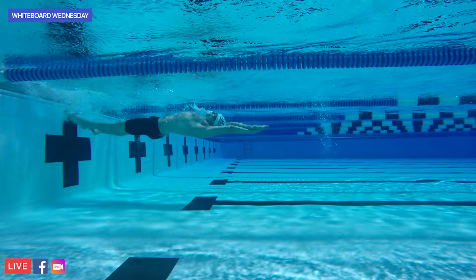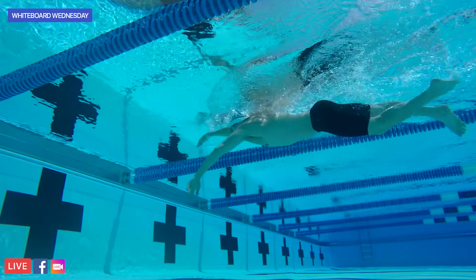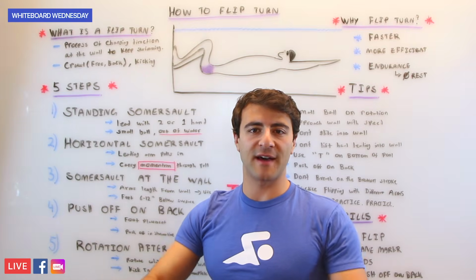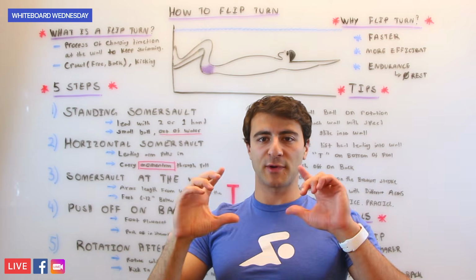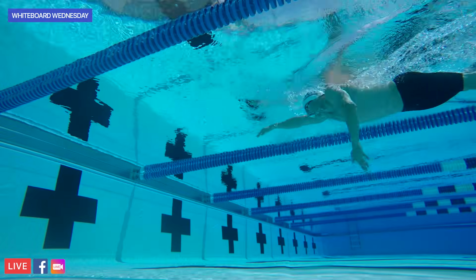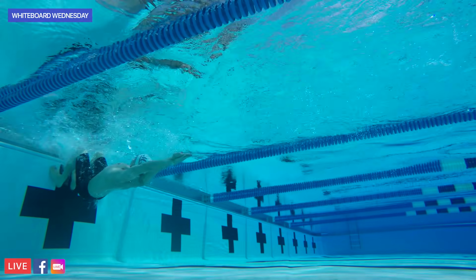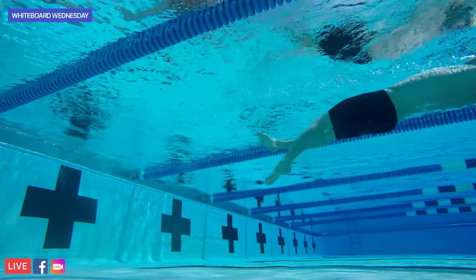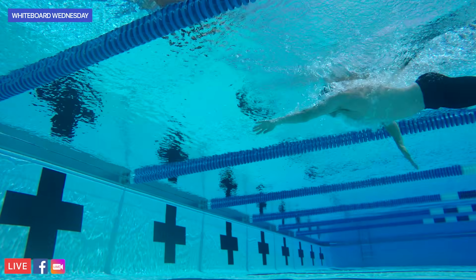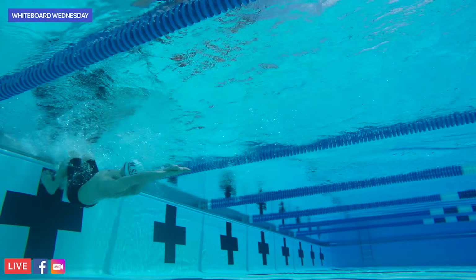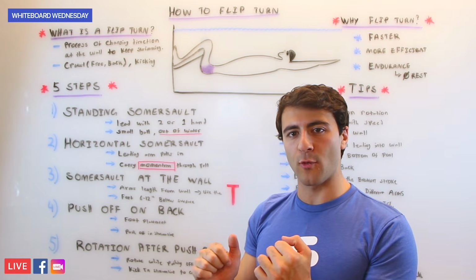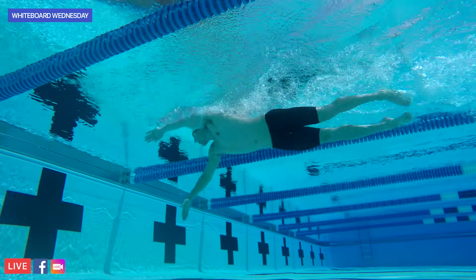The only time we actually rotate onto our stomach is once we've actually left the wall. So that's step 5. If you notice, the first 4 steps do not involve any rotation laterally. You're just going to do the somersault as you approach the wall. And at the end of step 4, you're going to be in this position where essentially your body is flat underneath the water, and your legs are compact, and your body is in a position where all you have to do is push off the wall. And then as you push off the wall, that is when you begin the rotation. So step 5 is rotation after the push off. So the key is, as you're pushing off the wall, you begin that rotation. But you don't want to rotate while you're at the wall.